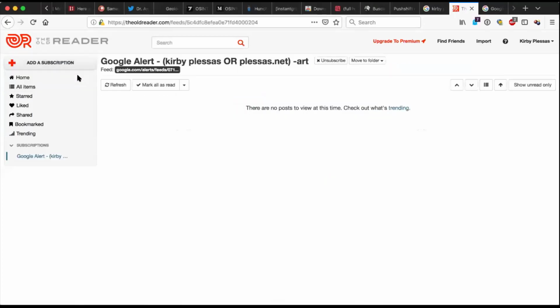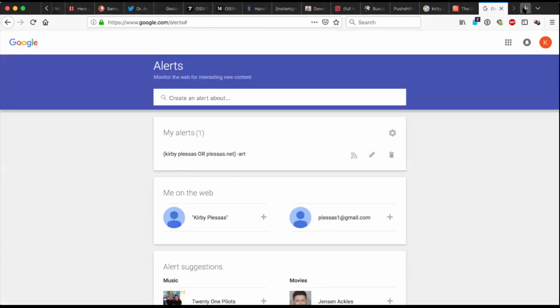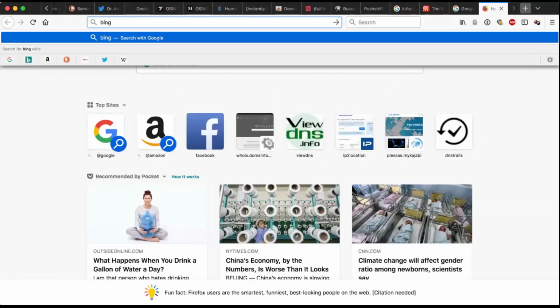Anything you want to Google, you can Google. It'll start empty. The results will come in. The search results always start empty. But anything you search on Google, you can do this way through Google Alert. You can also use Bing as a search engine. So let me go to Bing, as an RSS.